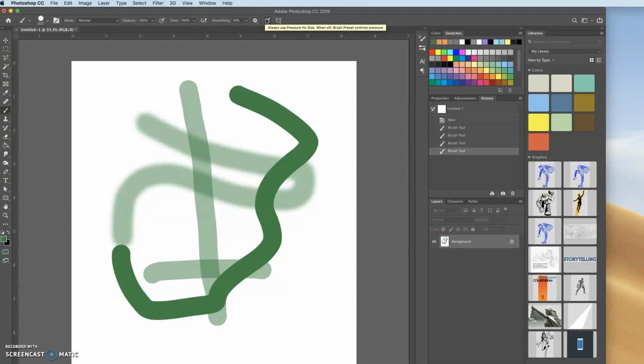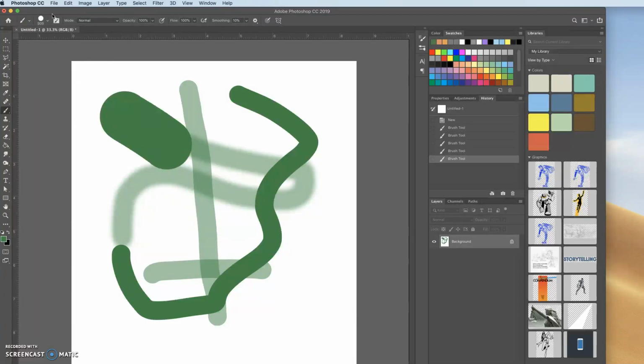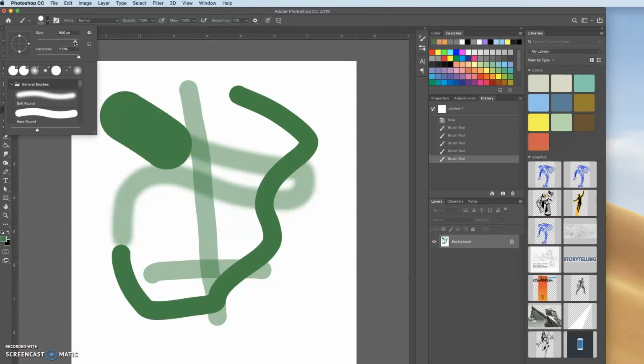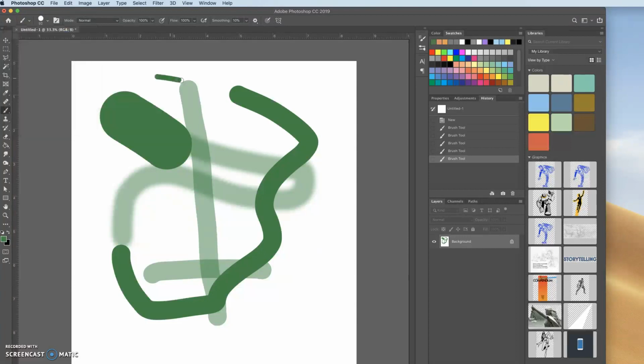Pressure, if you have a tablet or you're working with a stylus, you can use this to adjust the pressure. And then there's a shortcut for making your brush smaller or bigger. It's on your keyboard, and it's the brackets. The left bracket makes it smaller. The right bracket makes your brush bigger. That's just a little quicker than going through here and sliding the slider and making it bigger or smaller that